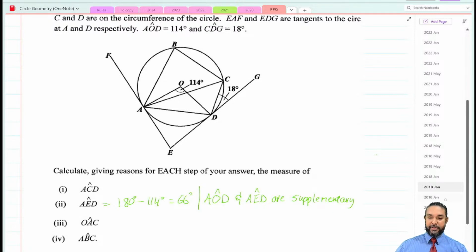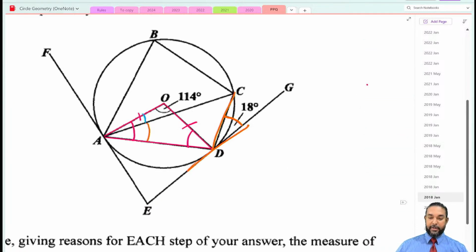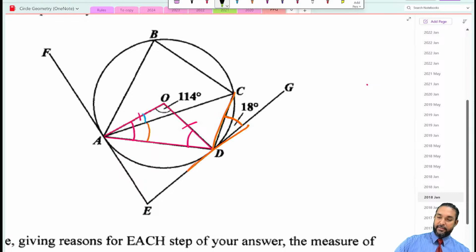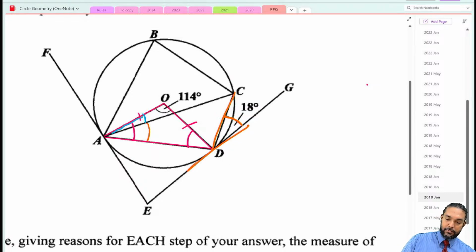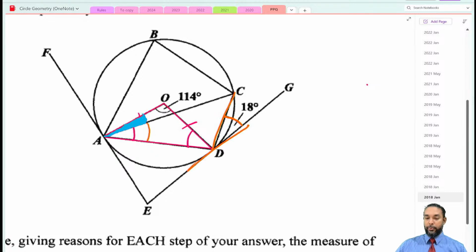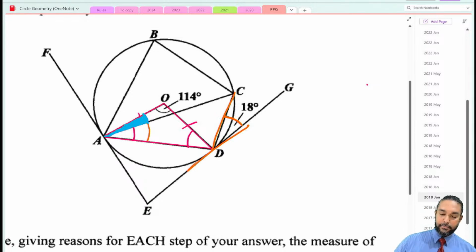Right. Let's take a look at this part here. In this part, they want the blue piece. Right, so they want that blue section there. So, like I was saying,